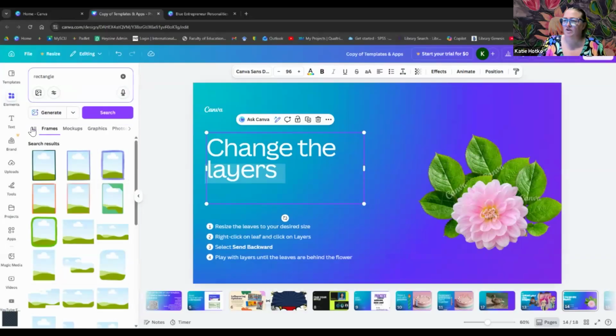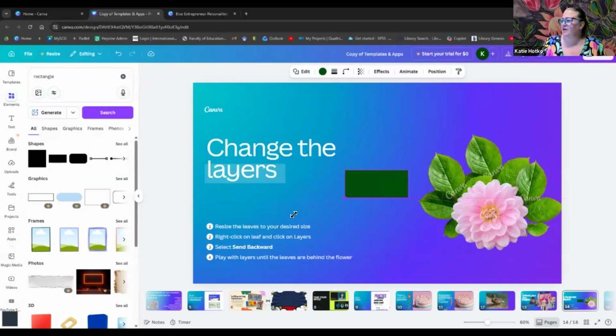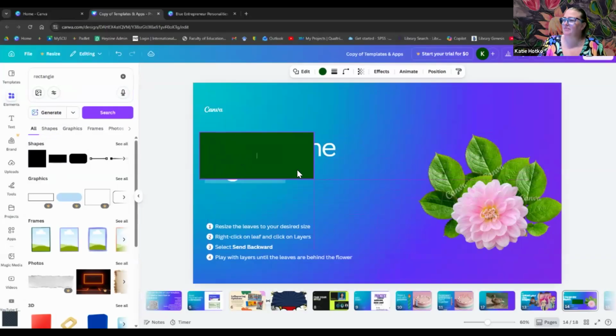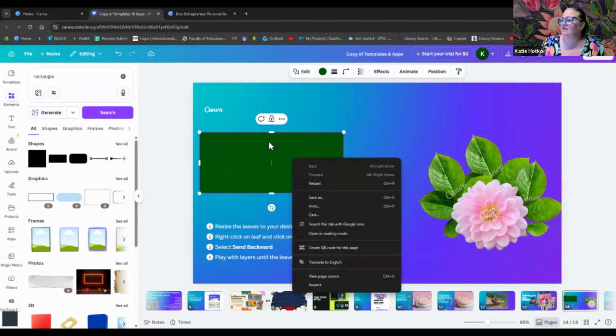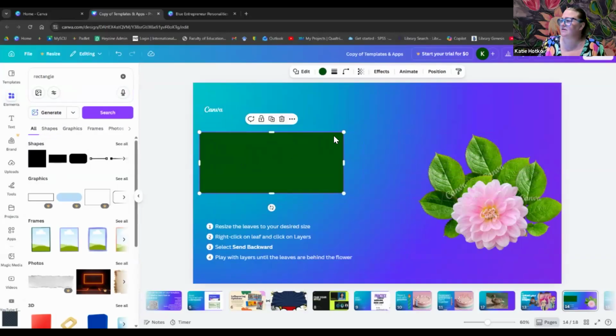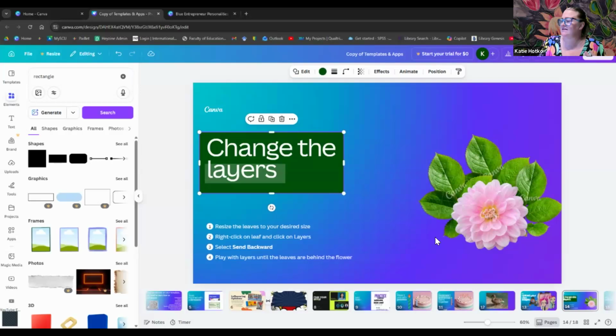Let's add it in, not a frame, just a normal rectangle. If I wanted to add that in there and have it behind, obviously I'd need to put it behind it. So it's as simple as right-clicking